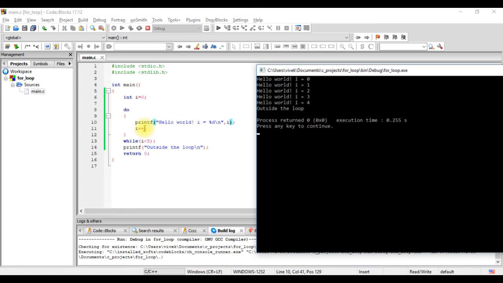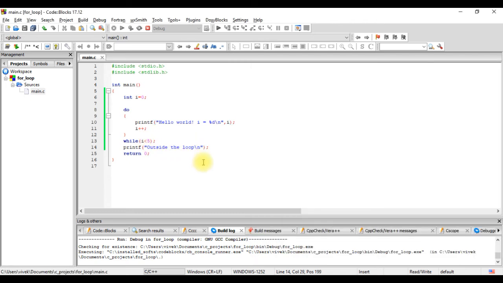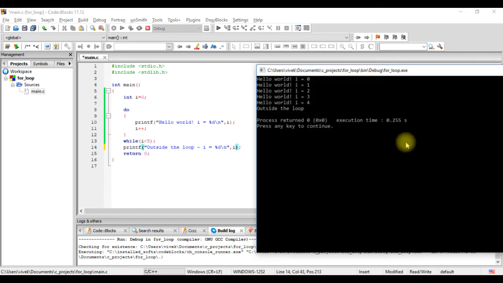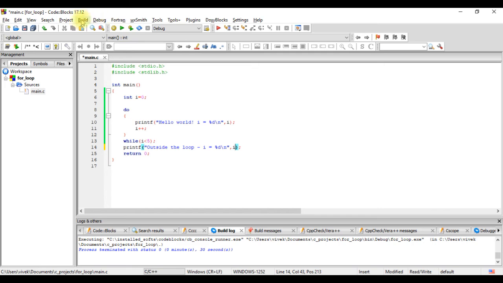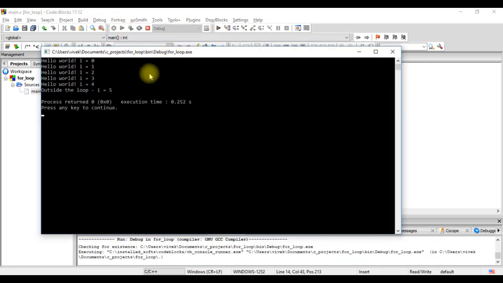It comes here, value of I becomes 5, and then it exits. So let's print the value of I here also and see whether it is indeed 5 after the loop. I equals to %d. And here we get the value of I is 5.